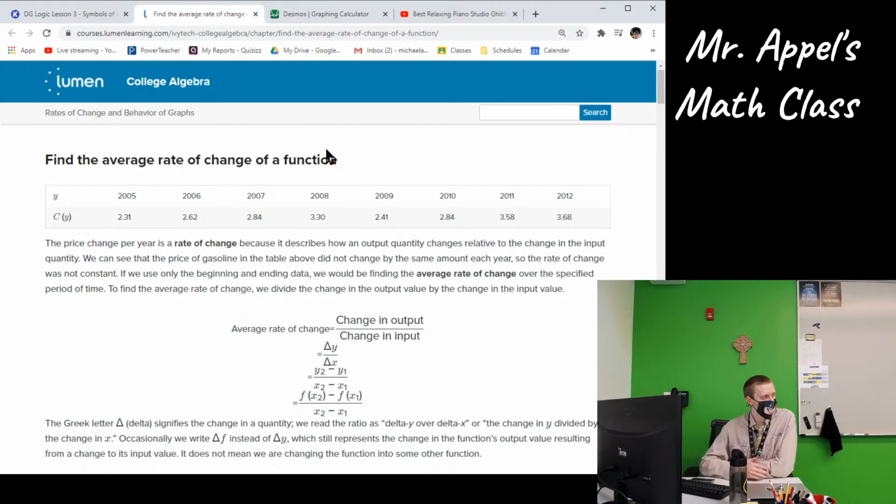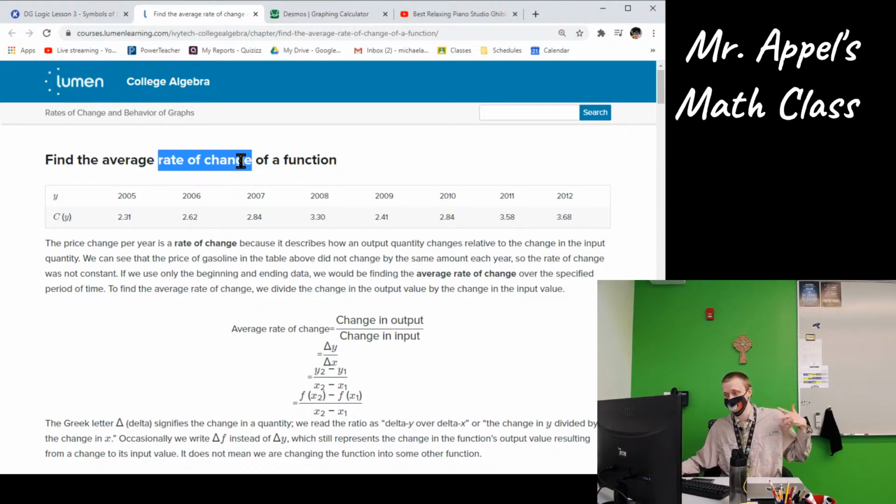Today, we are going to dive into a doozy of a topic that is super critical by the time you get to calculus. This is basically all of what calculus will be about, is rate of change. Right? That's one of the definitions of calculus, is this mathematics of change. And we're going to look at average rate of change here today